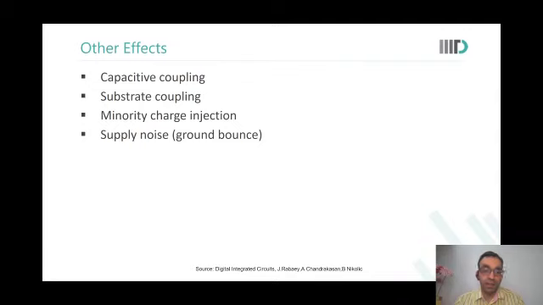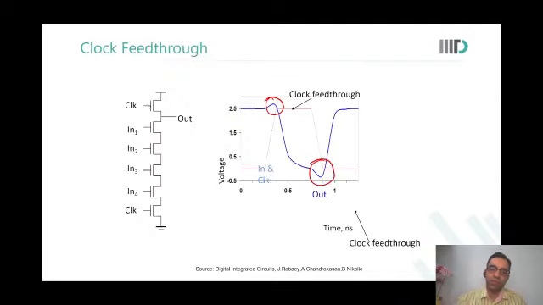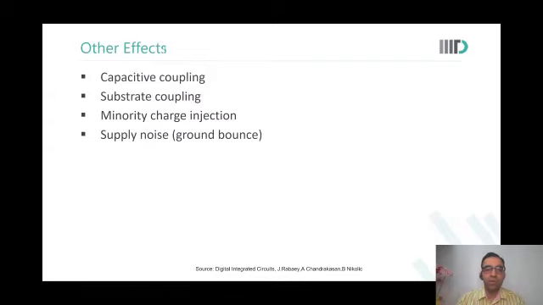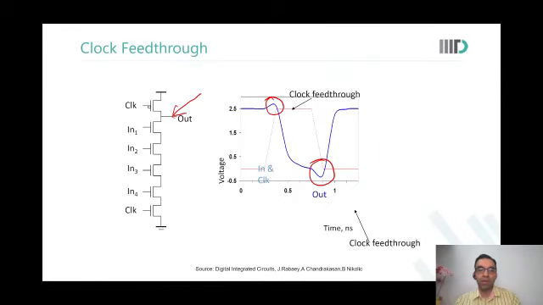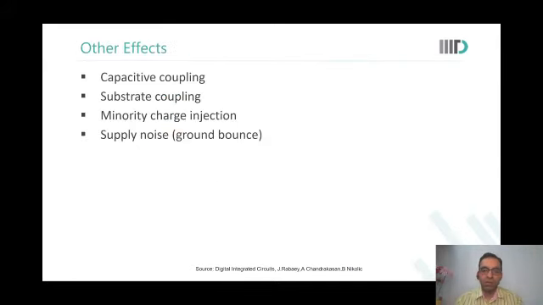So and these cannot be avoided. And there are other problems also. Capacitive coupling, as we know that this node is floating. This output node will be floating when CK is equal to 1. So any crosstalk will lead to noise and charge injection over here. Substrate coupling, any noise on the substrate over here when the output is floating, again that will couple onto the output.